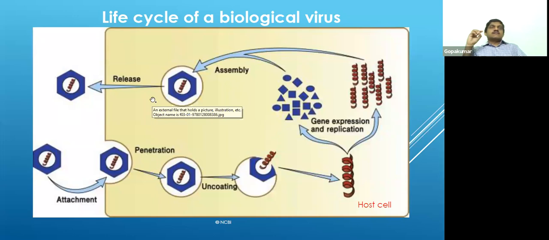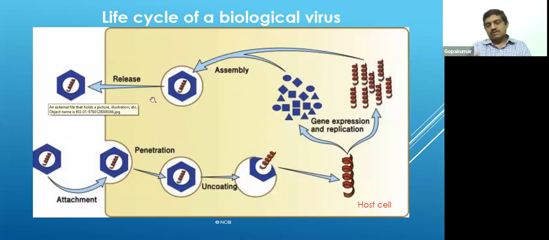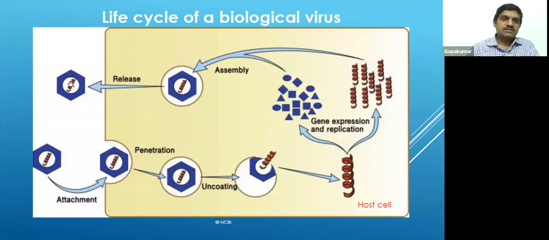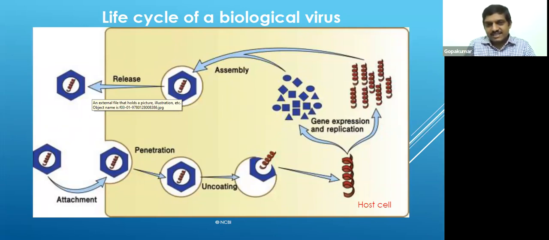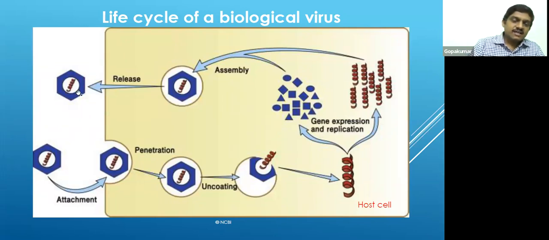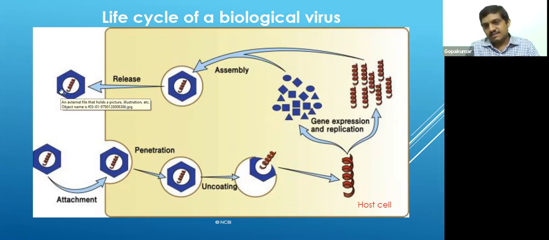Another very interesting mechanism is that when the virus comes outside through the host cell, by breaking its cell wall, it takes a lot of material, the plasma membrane, around these new viruses coming from the host cell. That is going to be very challenging, because our other cells, which work for immunity, cannot recognize whether this is a virus or the host cell itself. So this is the life cycle of a biological virus.